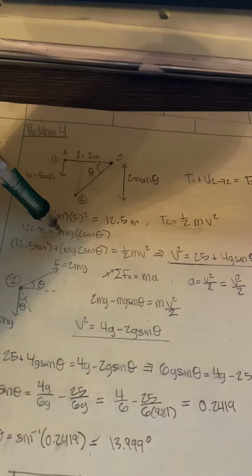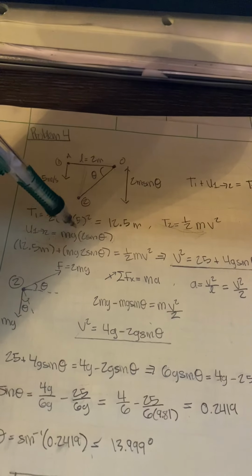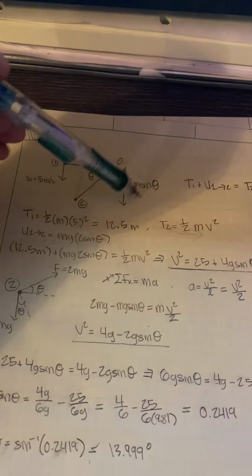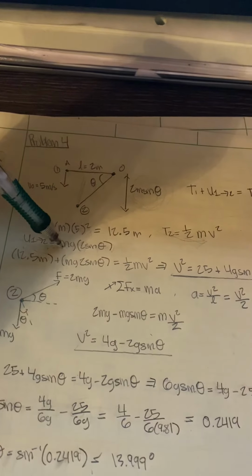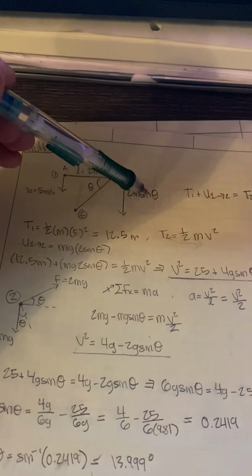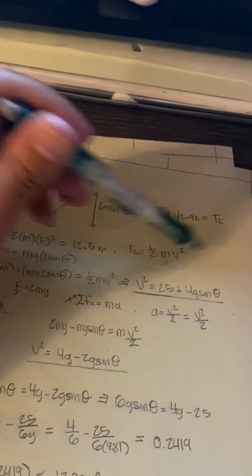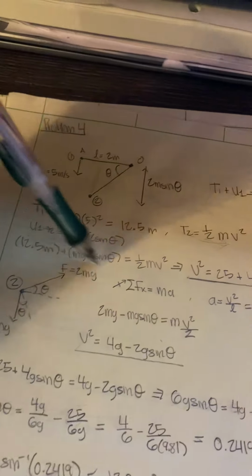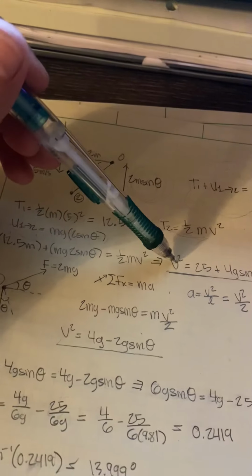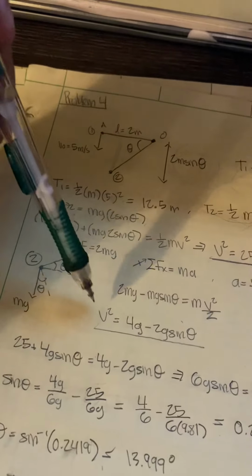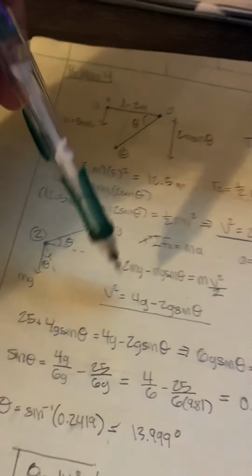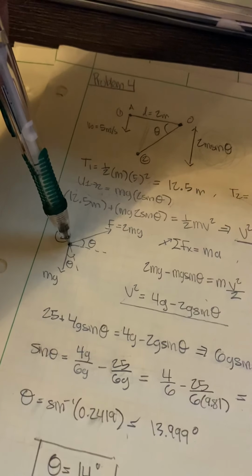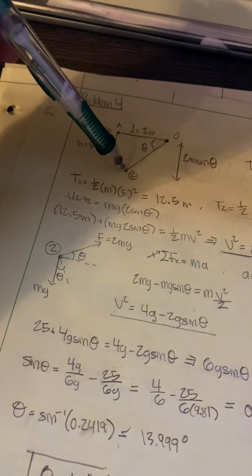And then for U, normally the formula is mass times gravity times the height. We decided earlier this would be the height. So it's mass times g times 2 times sine of the angle. Plug that back into this equation. This is what we're given, and then we want to solve for V squared, just like we did earlier, and we set these 2 equations equal to each other to find the angle. So right here, we draw a free body diagram at point 2,